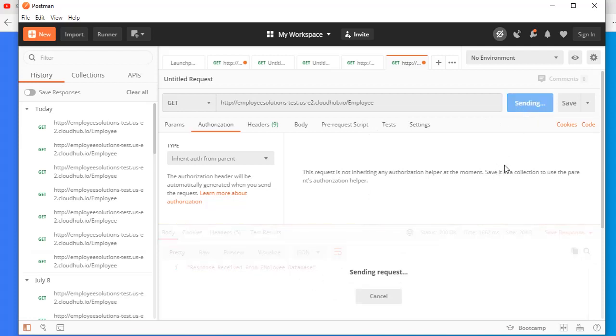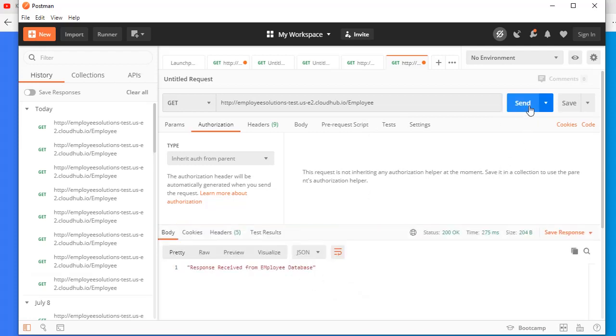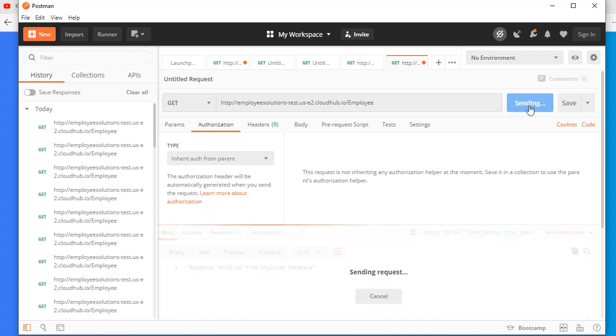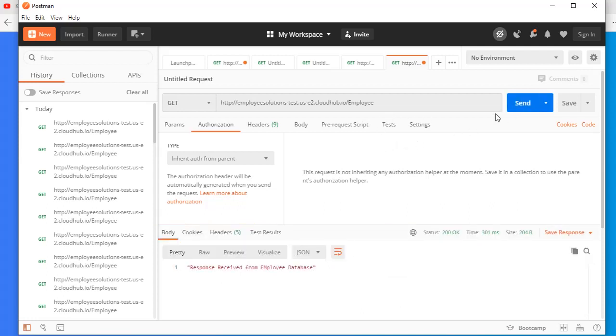So now I'm sending the request first time, second time, third time, fourth, fifth, sixth, seventh, eighth, ninth, tenth, and so on. However many times I invoke it, it allows me to click send and get the response from my API. So it is not throwing any error.